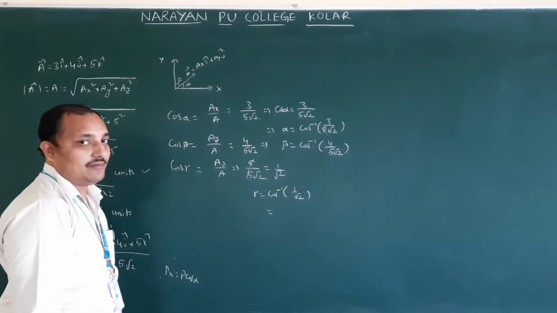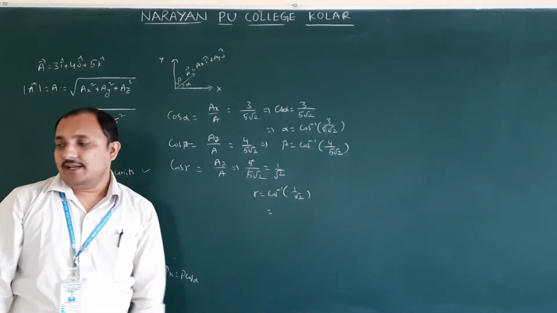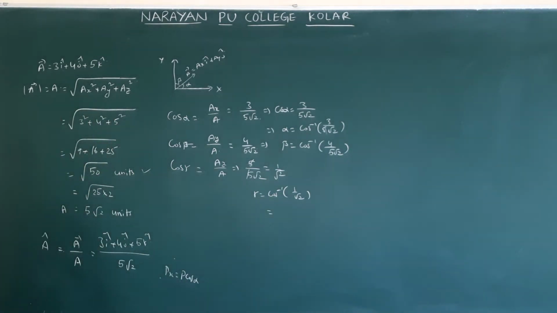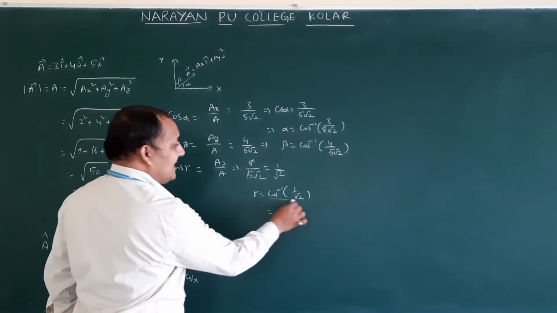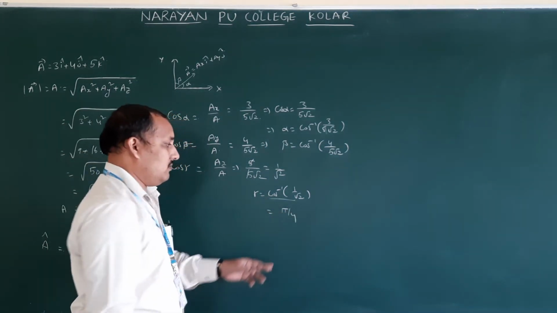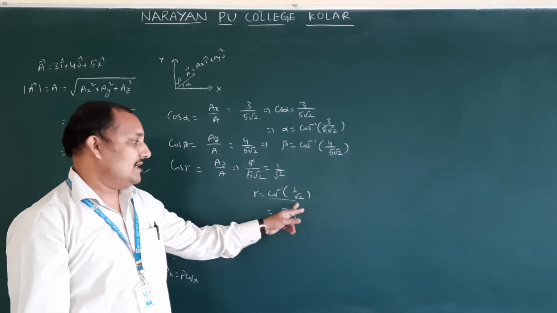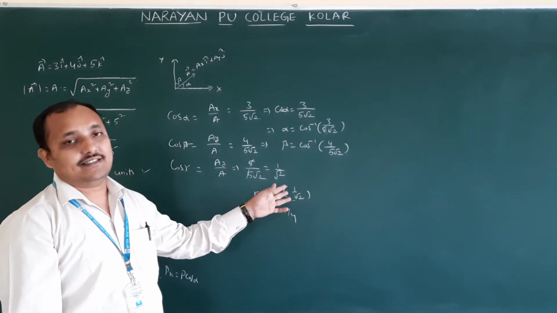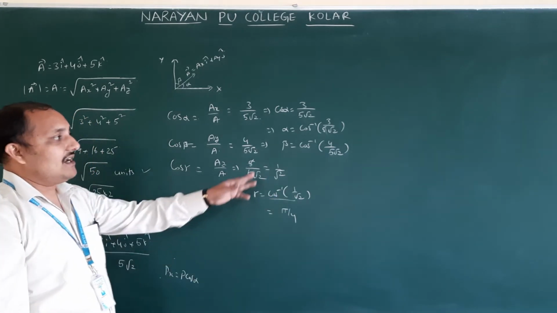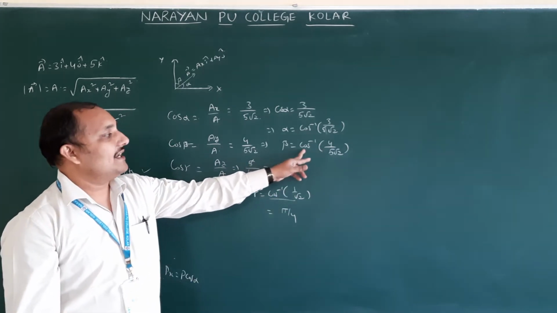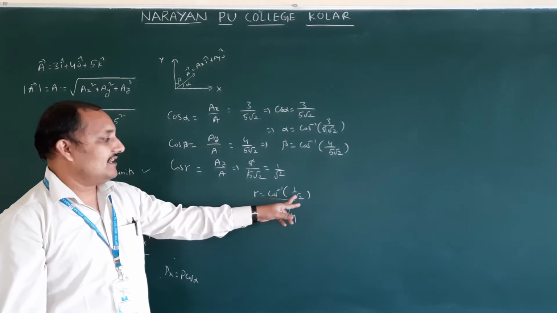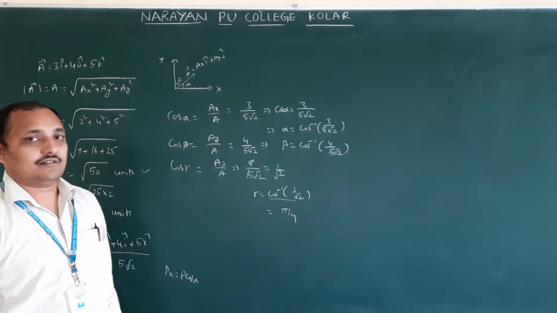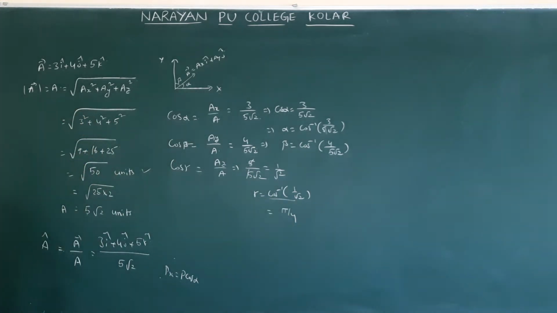Cos inverse 1 by root 2 means that is 45 degrees. This one is exactly cancelled. So cos inverse 1 by root 2. If it is cos inverse root 3 by 2, cos inverse 1 by 2, then that is 30, 60 we will write. This is not exactly cancelled, therefore we can leave like this. This one also you can leave like this. This is also correct answer. Okay, so that is about angles made by a bar with coordinate axis.